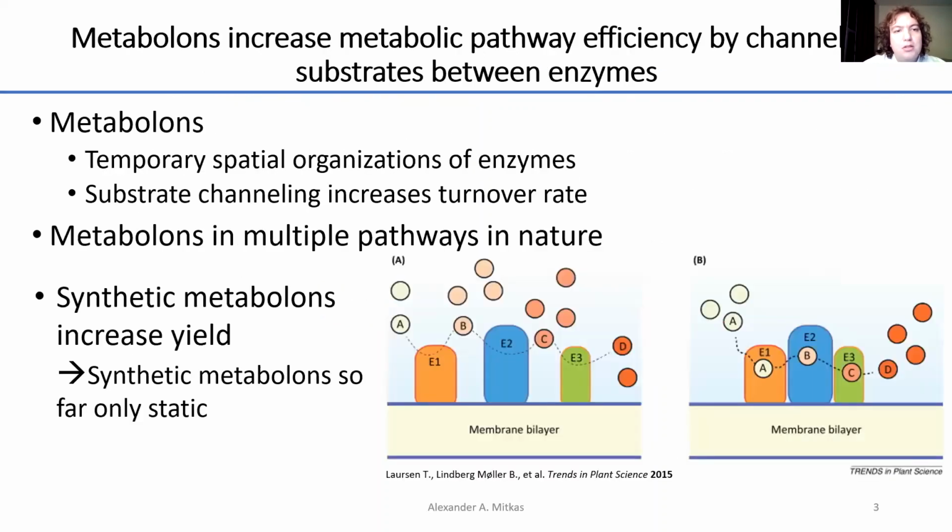Now, metabolons are temporary spatial organizations of enzymes that help increase metabolic efficiency by channeling substrates between enzymes. As you can see here, when the three enzymes are apart, the intermediates can diffuse out much easier. But when they are clustered together, you get a lot more of the final product through substrate channeling. There are multiple examples of metabolons in nature where the cell can assemble the metabolon to produce a desired metabolite